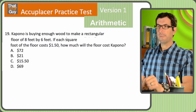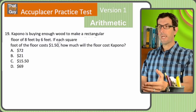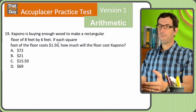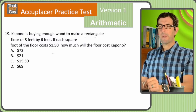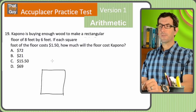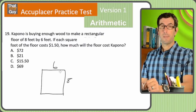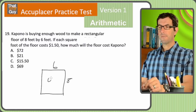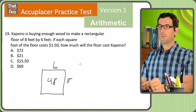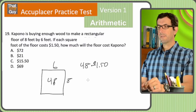All right, somebody named Capono is buying enough wood to make a floor that's 6 by 8. We know the cost of each square foot. How much will the floor cost? This is a very straightforward area and cost problem. It happens all the time on the SAT, and it's going to happen here. So basically the trick is just find the area of the rectangle, which they told us is 6 by 8. Area of a rectangle is just base times height, so that's 48 total square feet, and each square foot costs $1.50. So all we do is multiply 48 times $1.50. And that gives you $72,